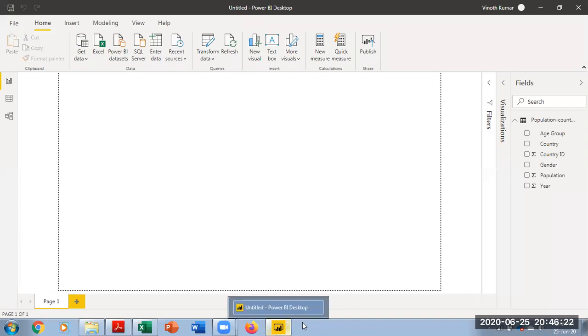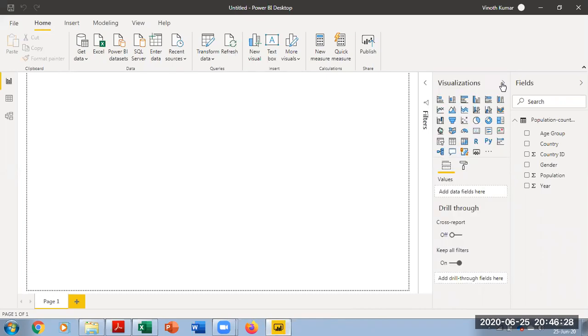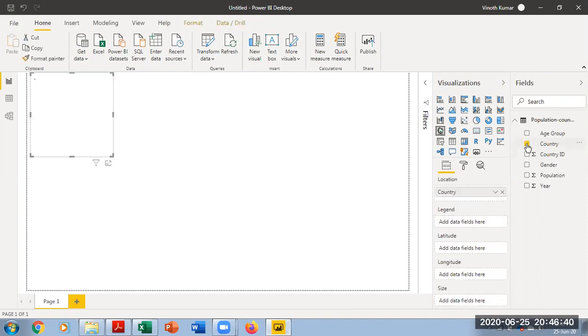So I'm going to just go back to my list. I'm going to create a small condition here. So let's see what the visualization is going to come into play. I'm not going to choose any visualization as such. I'm going to just tick the data here. Let's see what the system is going to take as a default value. So I'm going to just tick the country. When I tick the country, automatically the system understands it is a geographical field, and it's going to give you a globe visualization here. So it's going to show a globe here, and I'm going to add a population here.